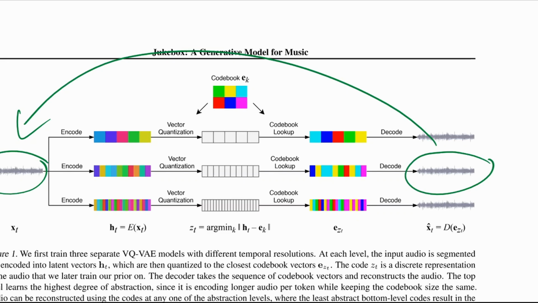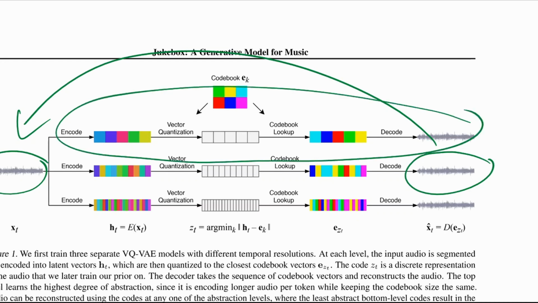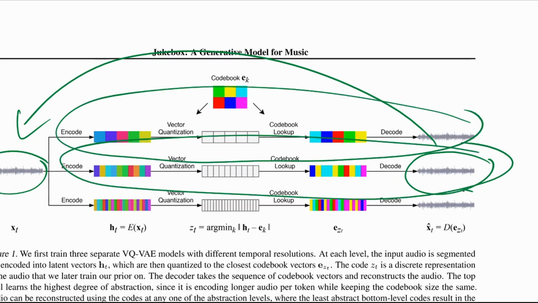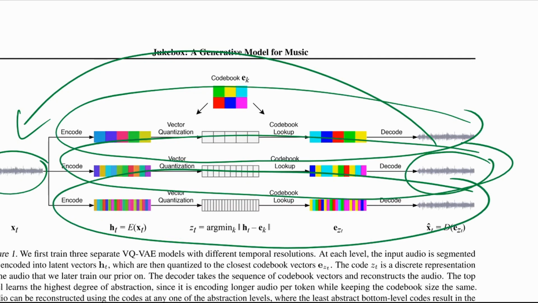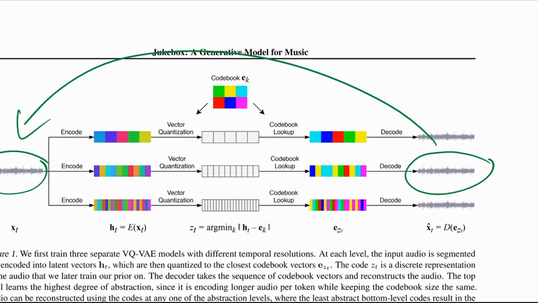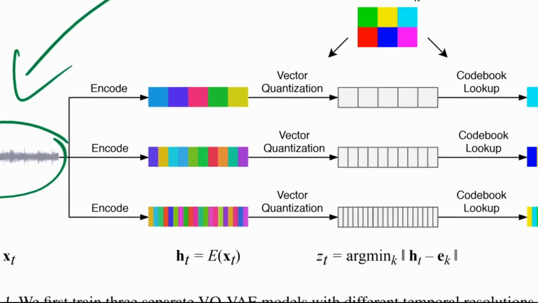Now, you have these VQ-VAEs here in the middle, but you have them at different scales. So you'll have 3 of those here. There is a coarse scale one, a middle scale one, and a high frequency one, right? So 3 VQ-VAEs right here. And you train each one of them separately. And the difference between them is that